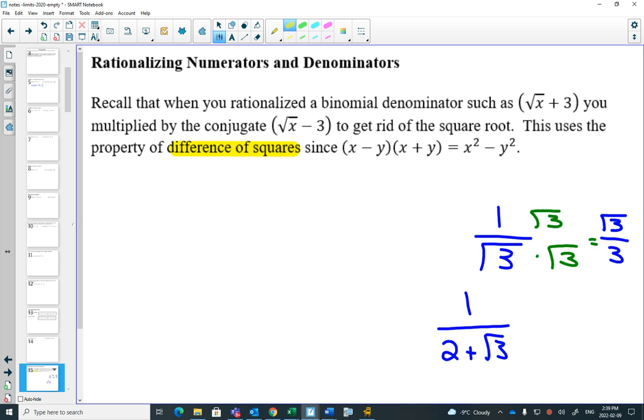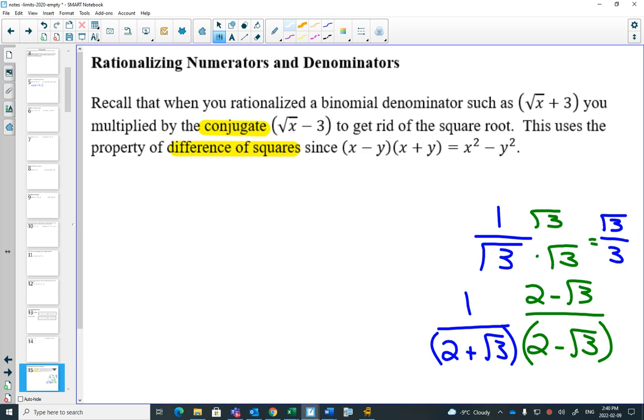Difference of squares, we factored them yesterday. But with square roots, if you multiply by the same binomial with a different sign in the middle, the fancy math word for it is the conjugate. If I would multiply this by 2 minus root 3, and 2 minus root 3 on the bottom, I'm multiplying a difference of squares, because I have the same thing with a different sign in the middle. And if you drew all the arrows,